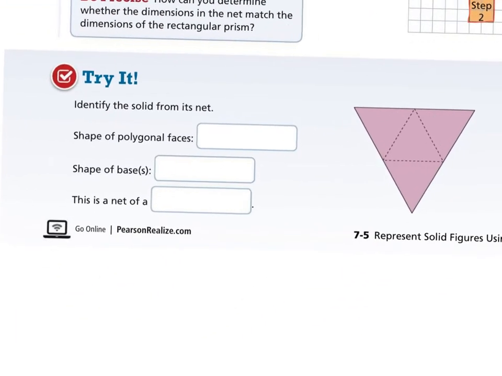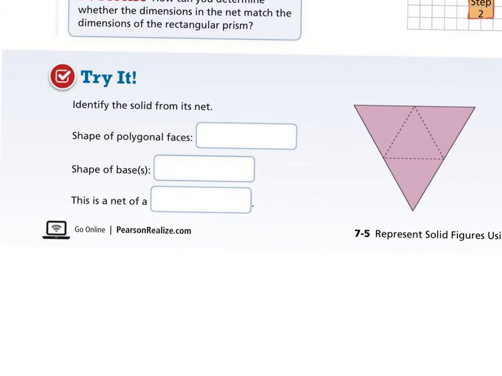If we look at the try it, they want us to identify this solid from its net. This one, if you'll notice, there are not 2 bases that would be parallel if we kind of think about this. Remember, the middle of this net is going to be our base, and then we kind of see from there how things are going to work out. So this one, that red triangle being the base, we could actually fold those other triangles up, and we could